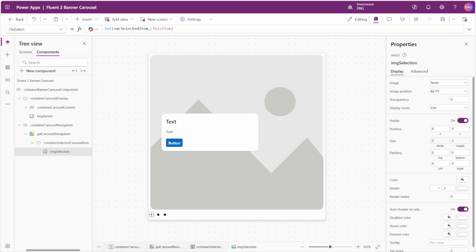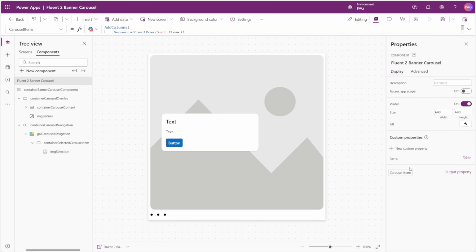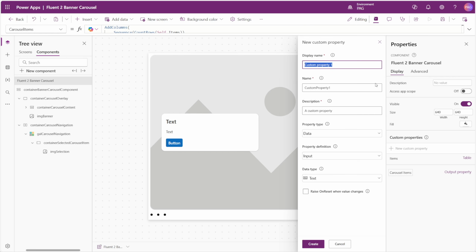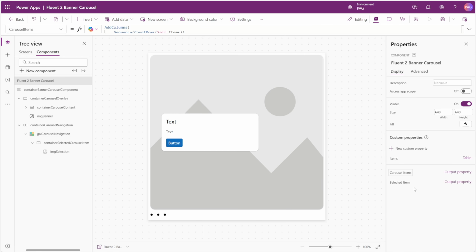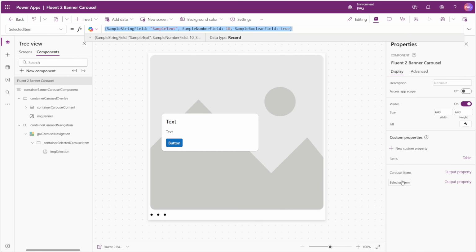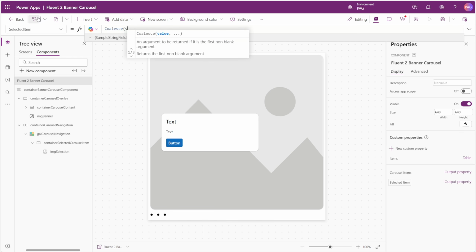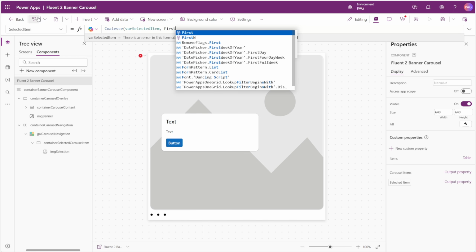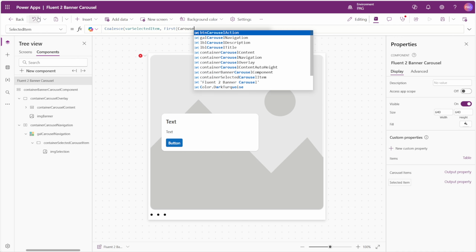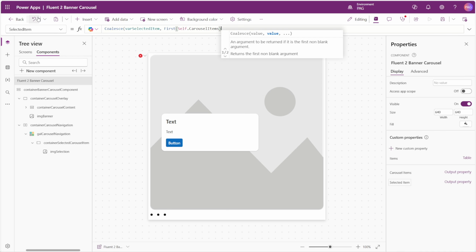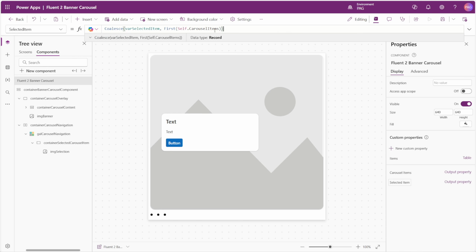Sometimes that varSelectedItem variable that we just created is going to be blank, and if that's the case, we want to be able to look at something on the component while we're trying to modify things. We'll create a data output property called SelectedItem, and this will be of type record. The default value of this should be the first non-blank value of either our variable or the first selected record of our carousel items custom property. This will make sure that if no variable is selected, we always at least see the first record's information while